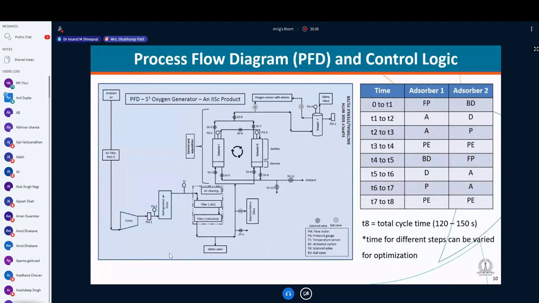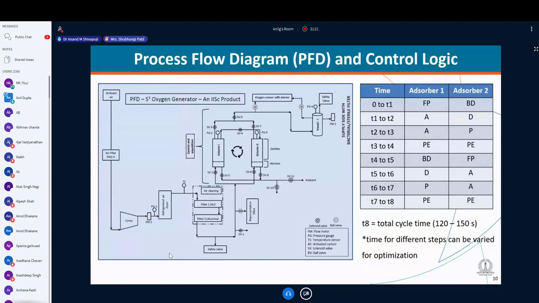In the meanwhile, column 1 is subjected to low pressure, so that adsorbed nitrogen is taken out and it is regenerated. So basically what happens is column 2 is in cycle for some time, column 1 goes into desorption. So the process keeps on switching between column 1 and column 2 depending on the timings. The gas that is coming out of both column 1 and column 2 intermittently is in turn fed into a volume or the storage pressure vessel, and there is continuous monitoring of the purity of gas that is coming out directly in the line as well as in the storage vessel.